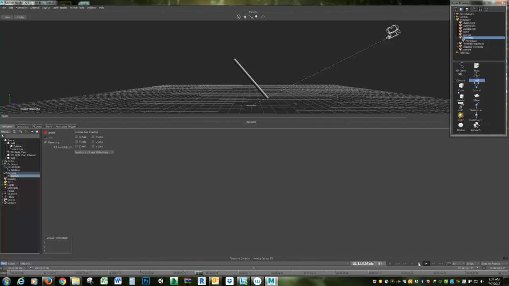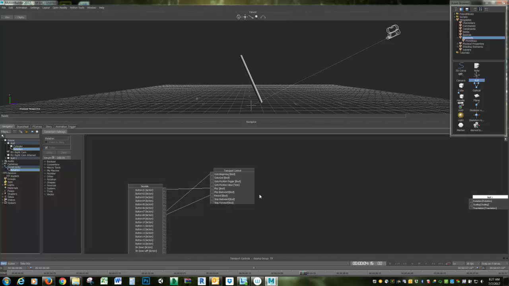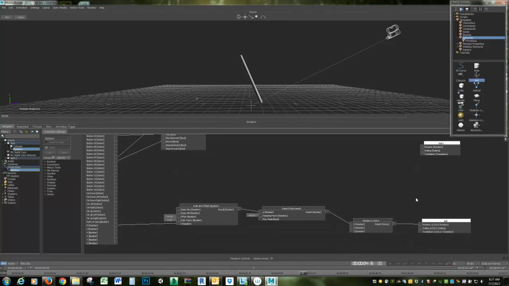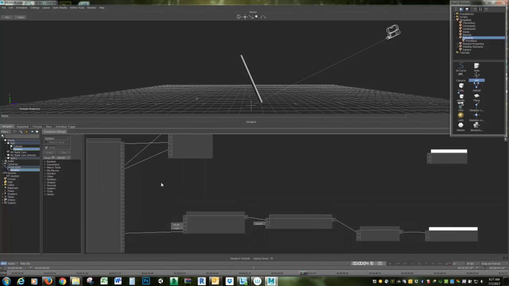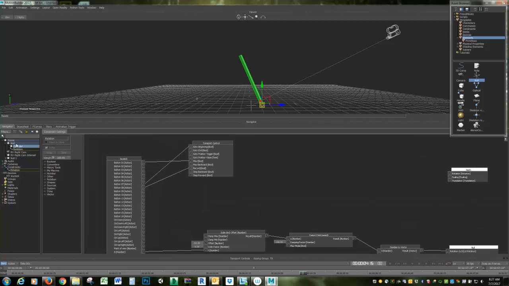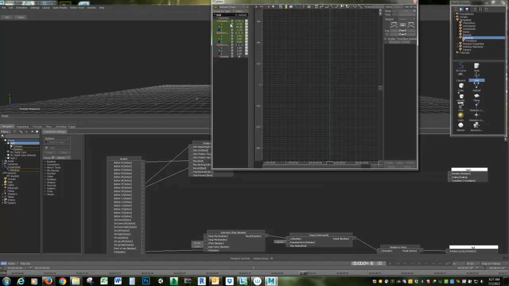If it's what I want, I think I did an okay job with it and I want to record it, I have to go and bake it at the joint that I wanted to record to. In my relation constraint, the thing I'm attached to is the null. I haven't renamed it or anything. So if I go up to the null in the scene list, and then go over to F curves, and click on the selection, the thing I want to bake,